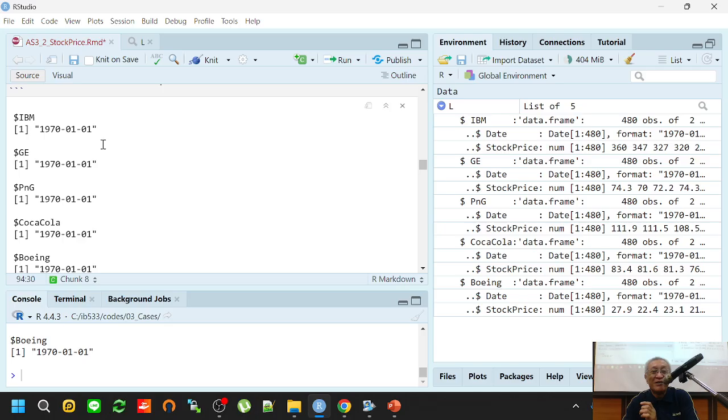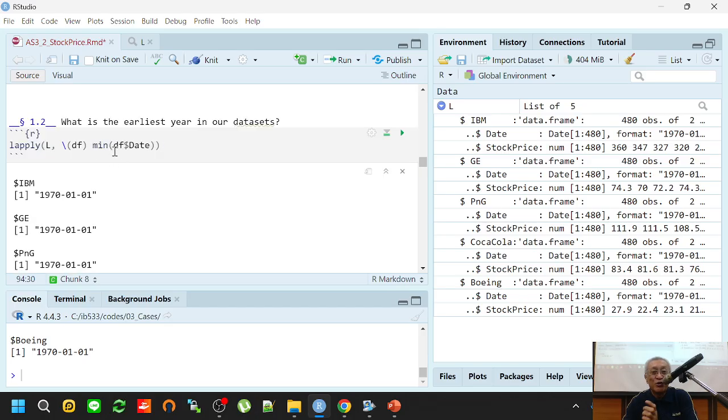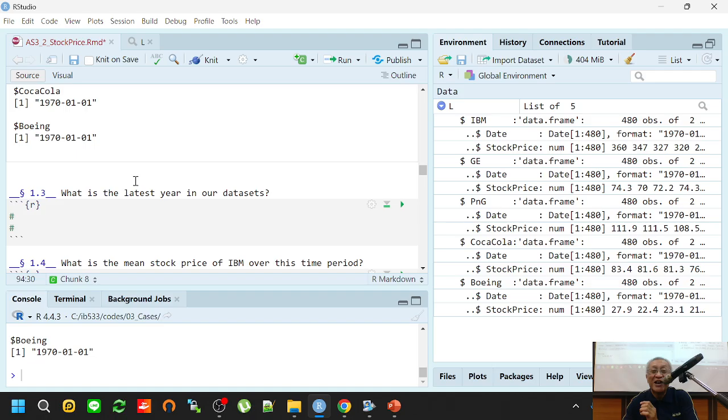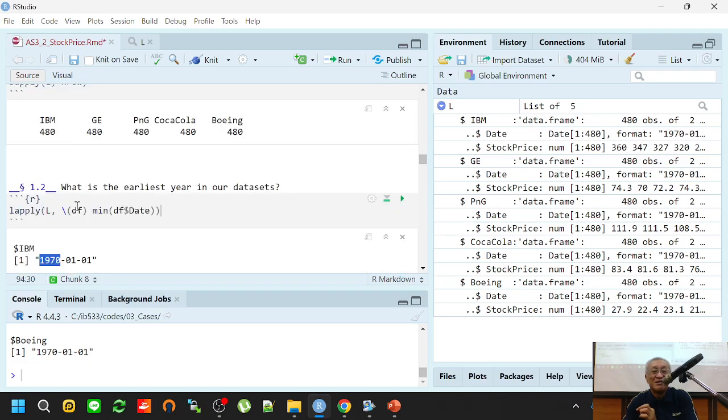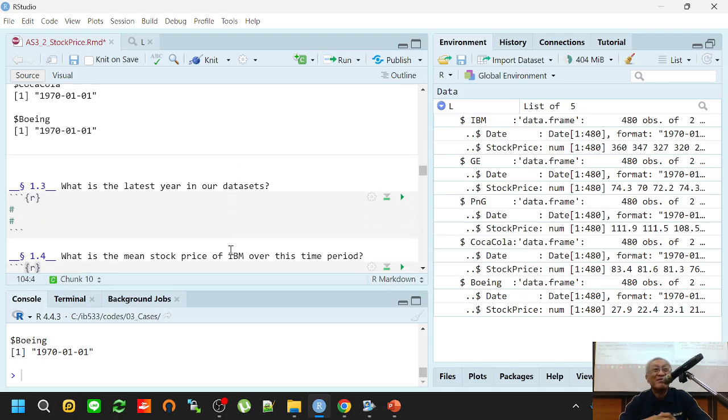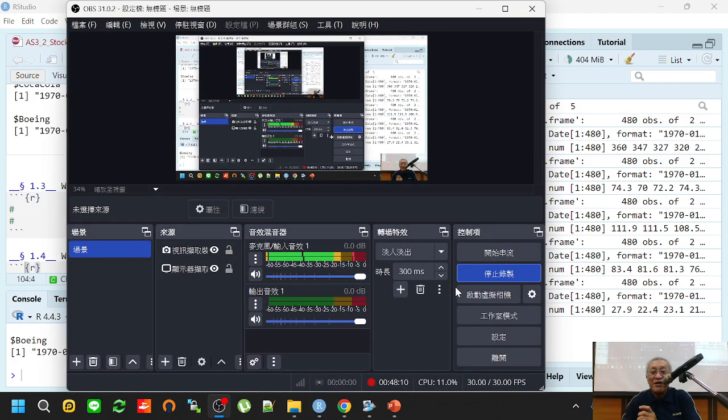Now you apply the minimum. So you examine each of these data frames, and you see the minimum date, and you can see that it starts from 1970, isn't it? Okay. For the latest day, you simply need to change minimum into maximum, isn't it? Okay. See, we have